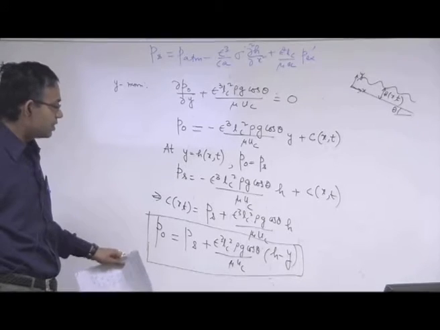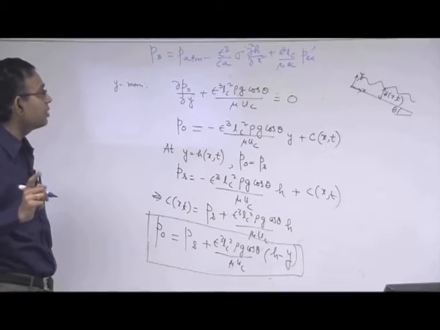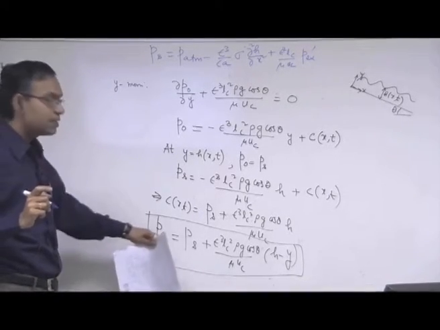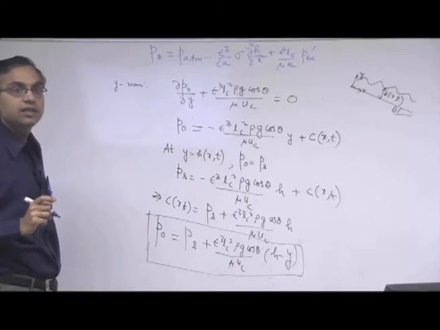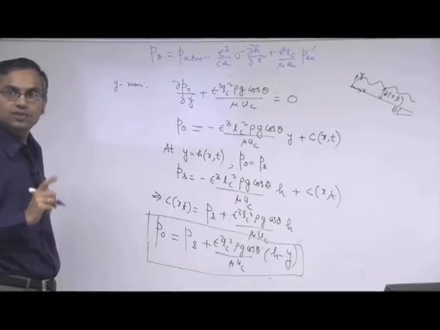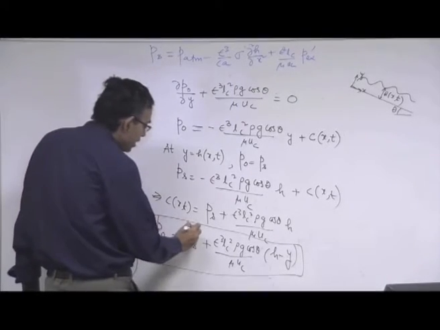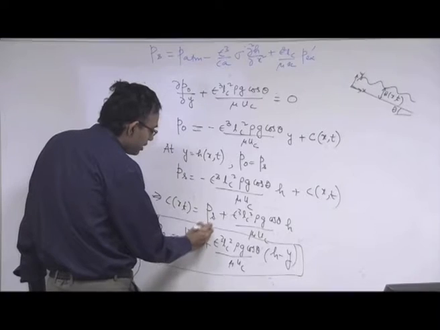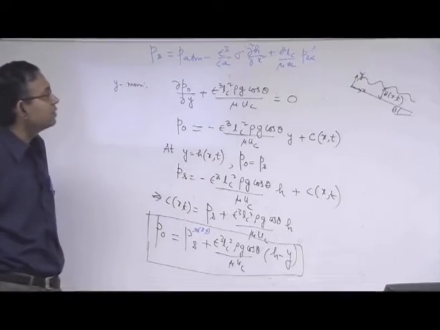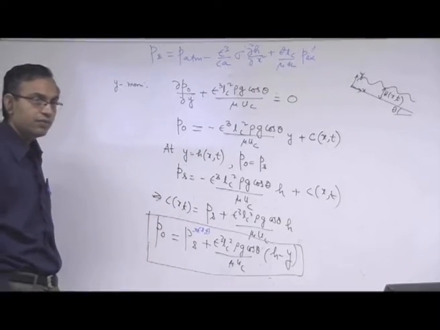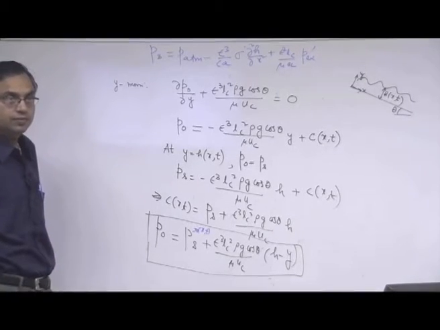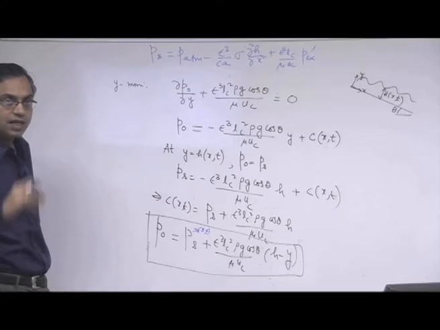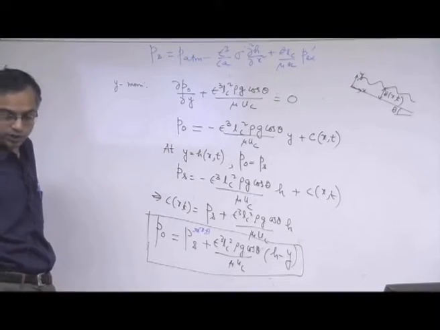So Ps, what is very important to keep in mind is that Ps is itself also a function of x and t, because h is a function of x and t. So this is implicit, it will appear as if it is a constant, but it is also a function of x and t because it is a function of h, which in turn is a function of x and t. Okay. So these are subtle things, so it is important to bring it up.